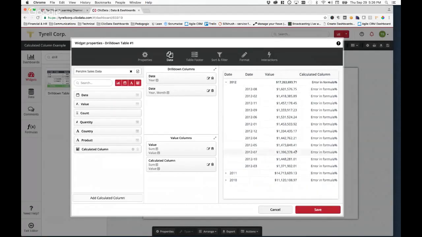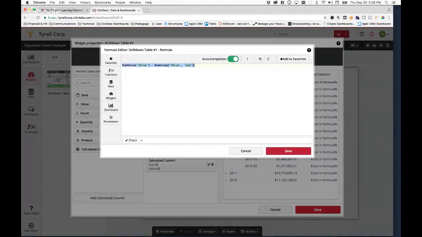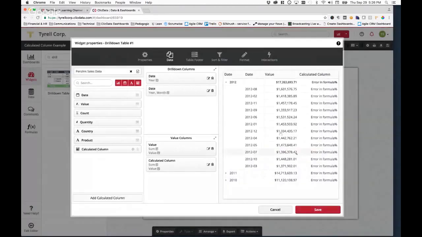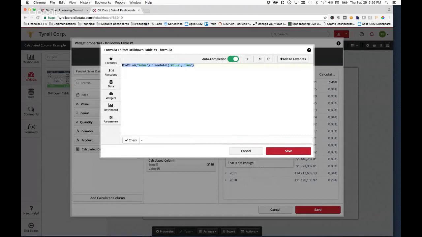So I want the percentage to be, see, this is the way it goes with demos as a row group, sorry, row total. The way it goes basically is to specify the contextual. In this case, I want the row total for that entire value column, and I want the sum of it. Okay, so a lot of different things.